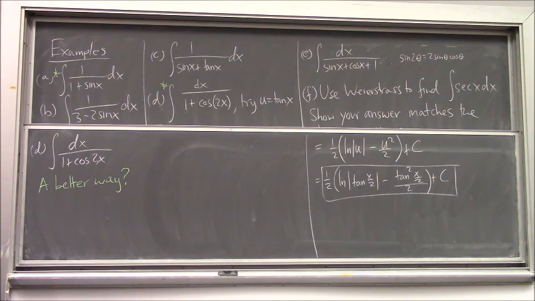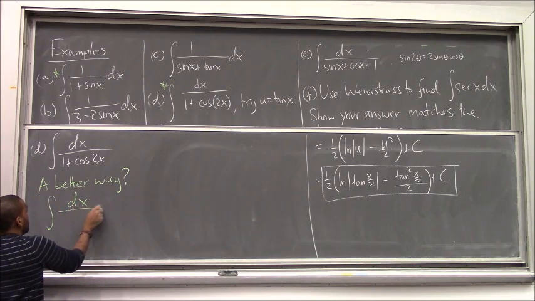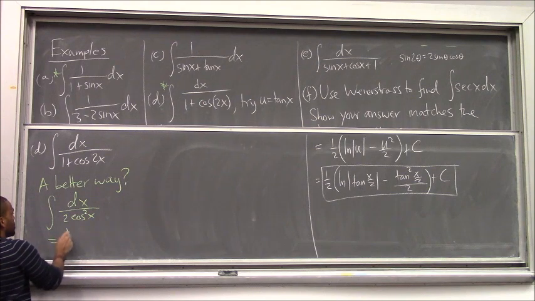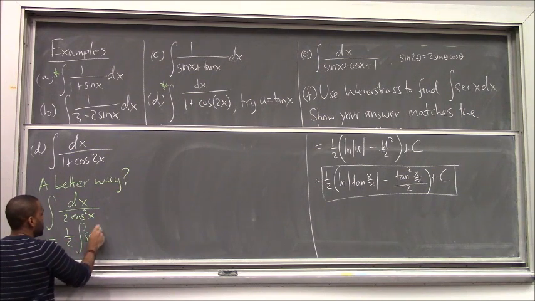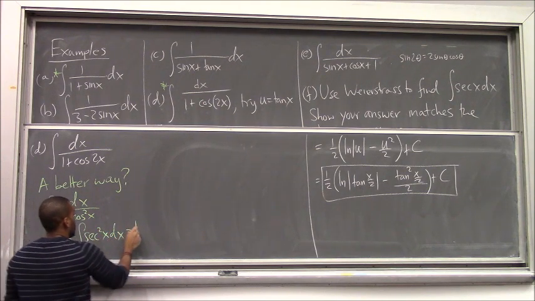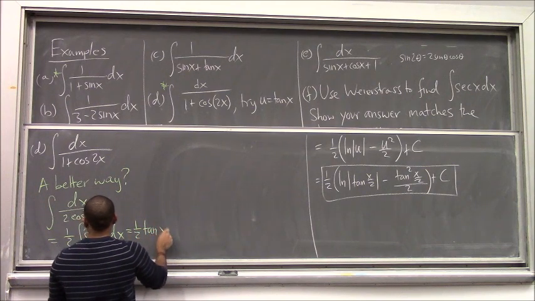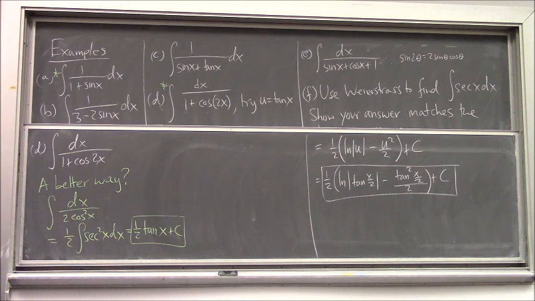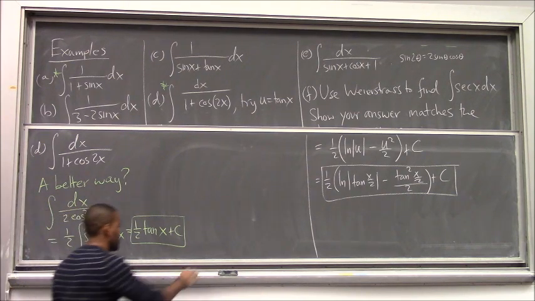That's actually true, but there's a nicer one of those identities. Is it the 2 cosine squared x minus 1? You can replace cosine 2x with 2 cosine squared x minus 1. Yeah. That will kill the plus 1. And that's actually just 2 cosine squared x. So this is just 1/2 times the integral of secant squared x. So that's 1/2 tangent x. So that was actually not bad, but